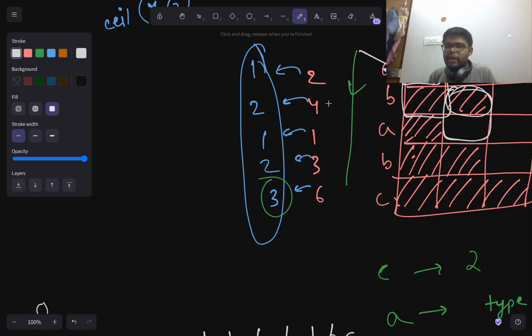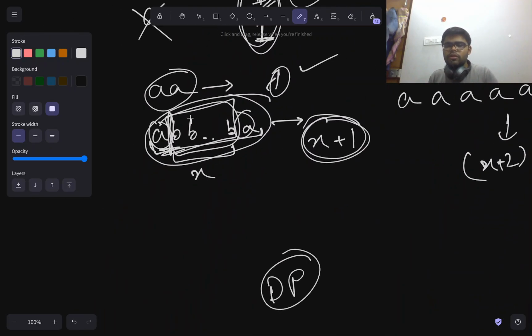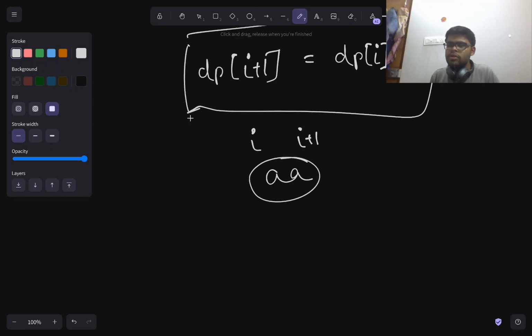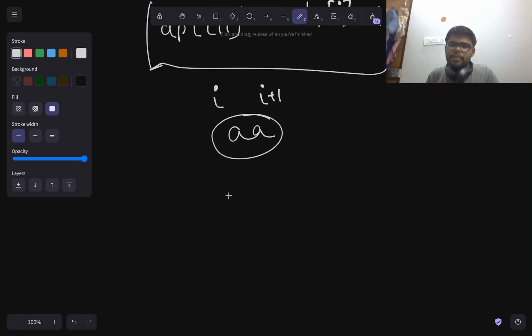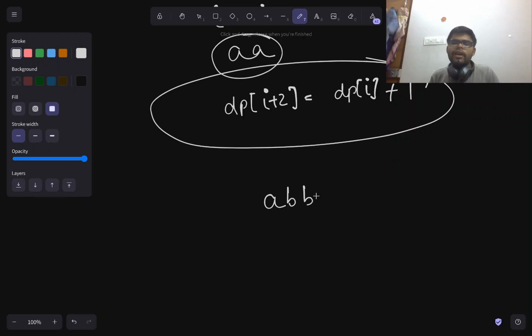So in terms of the inputs given by the Codeforces jury or whatever, it would be either one or two cells in both the rows. In this case, you can have a transition like dp of I plus 2 becoming equal to dp of I plus 1. And in the case where you are having a and then multiple b's together and then a,